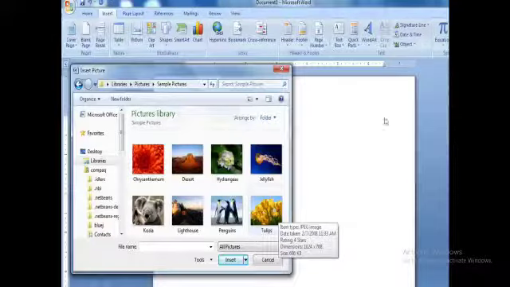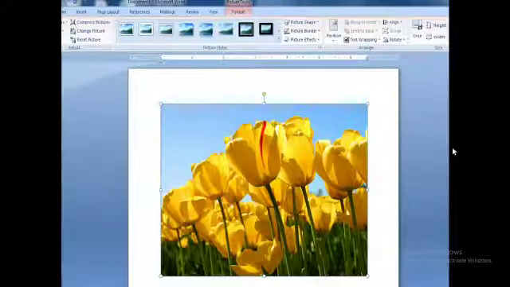In this window you can see, firstly we'll click on the Insert tab, then I will click on the Picture option. The Insert Picture dialog box will appear, and in this the Pictures Library will be opened by default. Select the picture of your choice and click on the Insert button. Even if the picture has been stored at some other location, you can specify the location and click on the Insert button. The picture will be inserted in this way in your document. You can also resize the picture by dragging it from the handles.